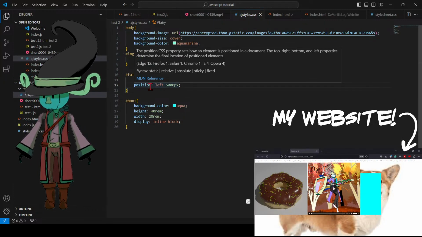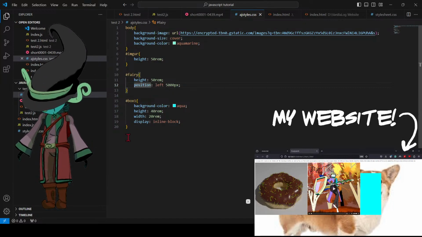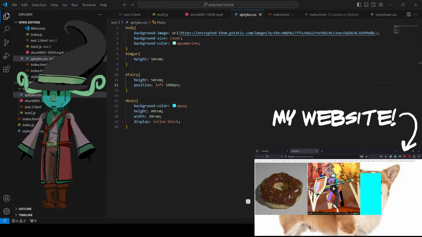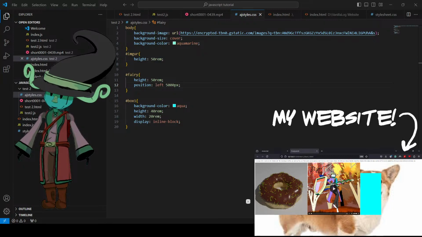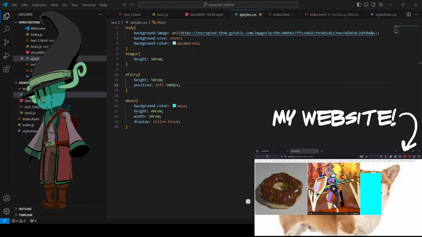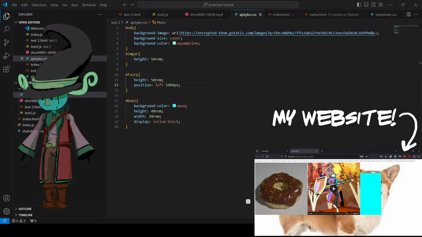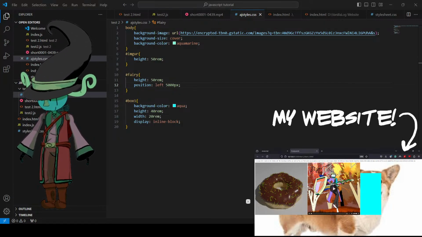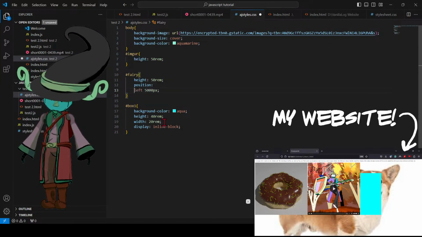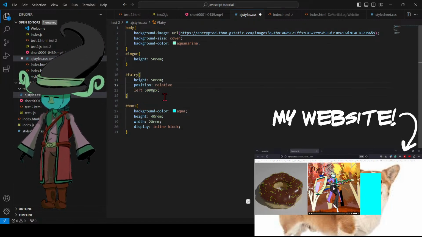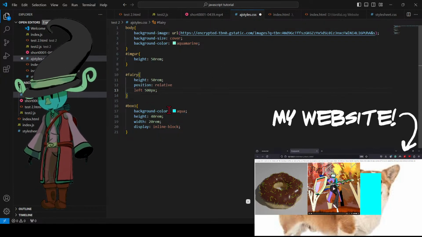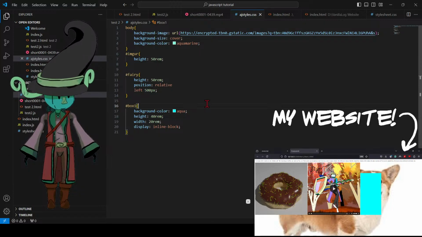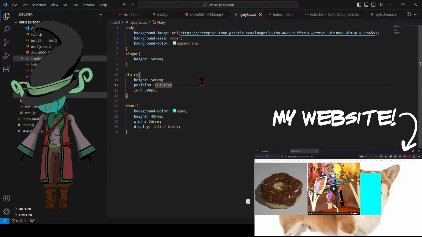That's not gonna work. Wait, let me look at the CSS position property. Okay. Oh, I'm doing this completely wrong. I think it's this, then relative, then I do 500. No. No? Really? Or maybe I need to